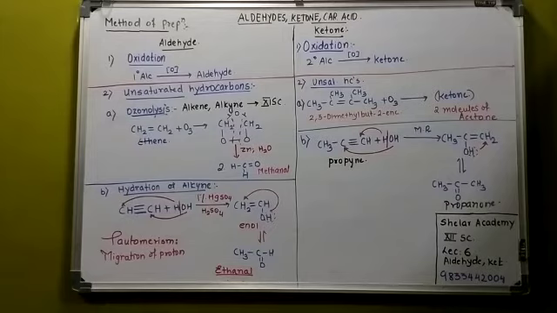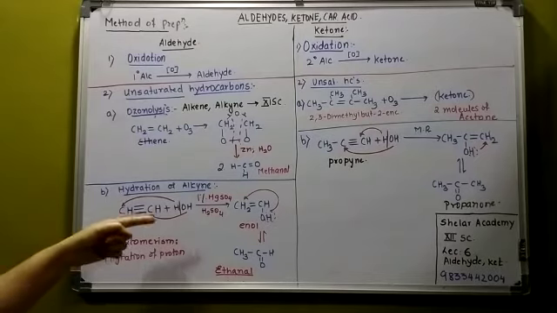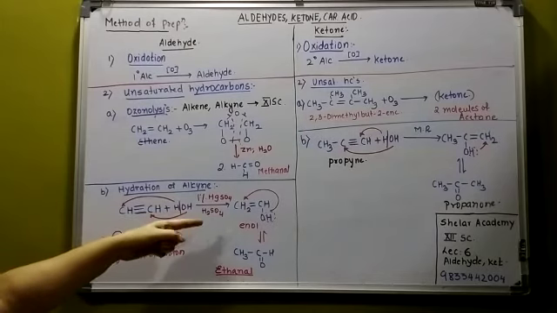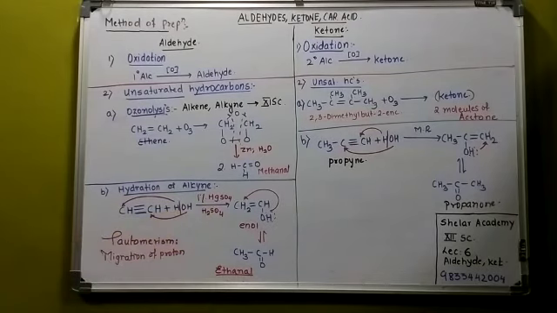Now, same unsaturated hydrocarbons, if it is ethyne, hydration in the presence of 1% HgSO4 and sulfuric acid, if you remember, what do I get? We get vinyl alcohol. It is called an enol, ene double bond, ol OH. So it is called an enol, where there is a migration of a proton. What is that called? Tautomerism, migration of proton, converted to ethanal. So this was the method again which we had done in 11th standard.